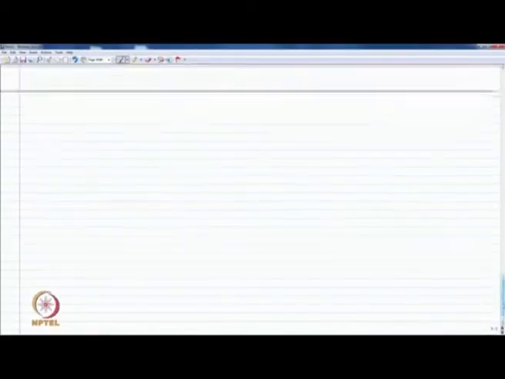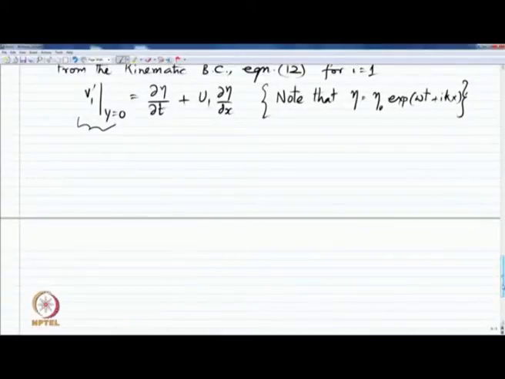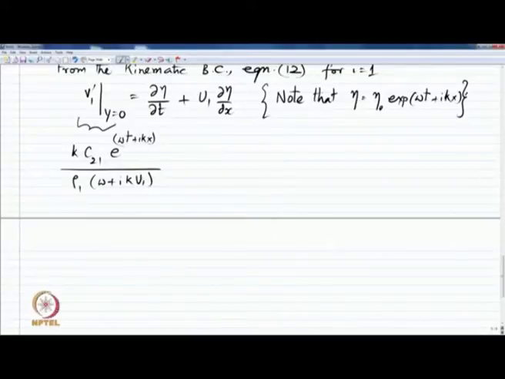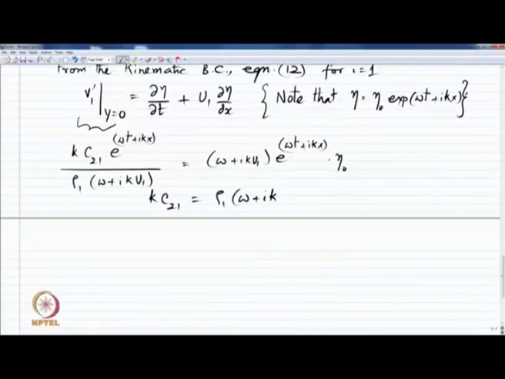So, once we figure this out, now substituting what we have for V 1 into this, we get k times C 2 1. So, simplifying we see k times C 2 1 equal to rho 1 times omega plus I k u 1